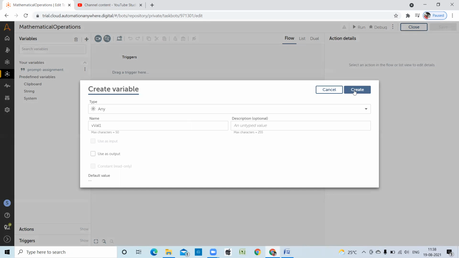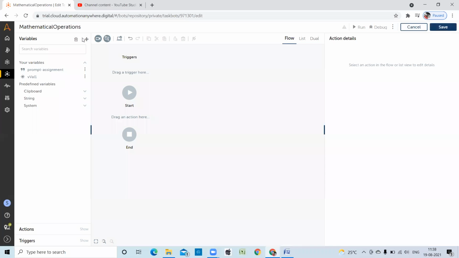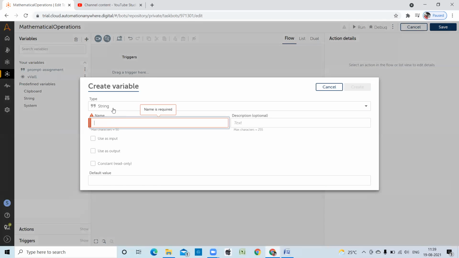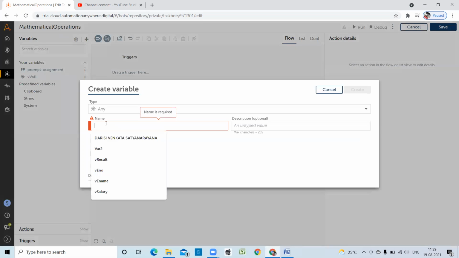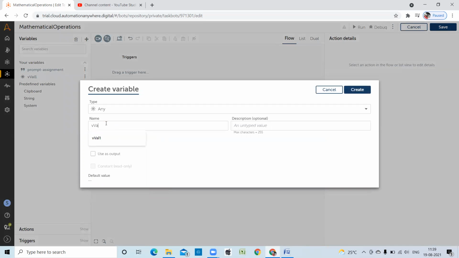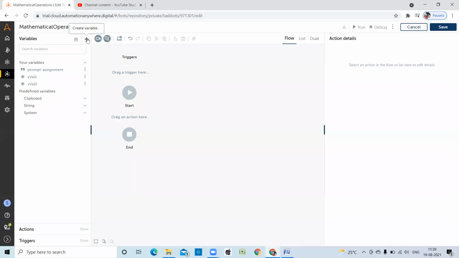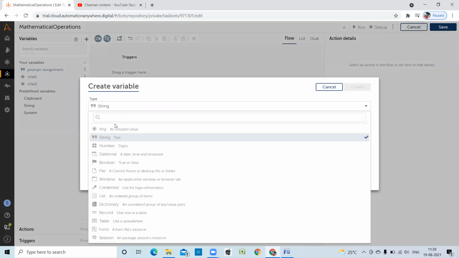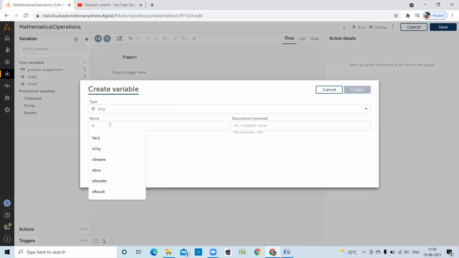Create again, read value 2. Another one is result, read result.